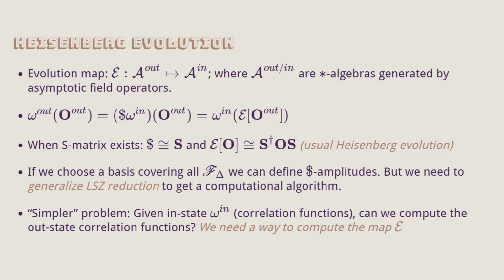So I've written it this way because I want to calculate in the end this guy. I want to compute the out correlation function of something, whatever that something is. So I need to be able to write that something back in terms of stuff I know from past infinity. That's why I've mapped it this way. You can also map it the other way and do everything.